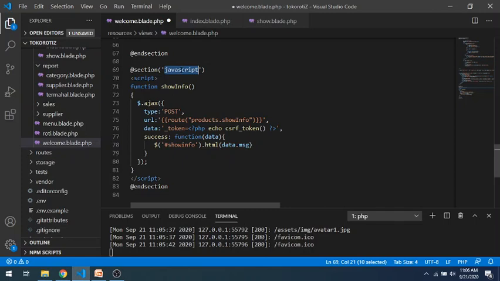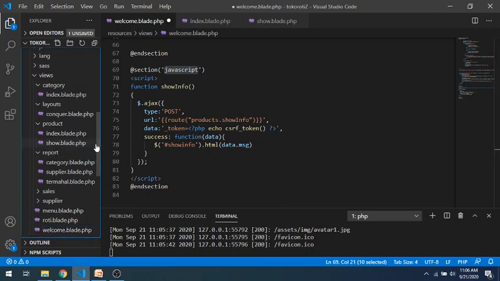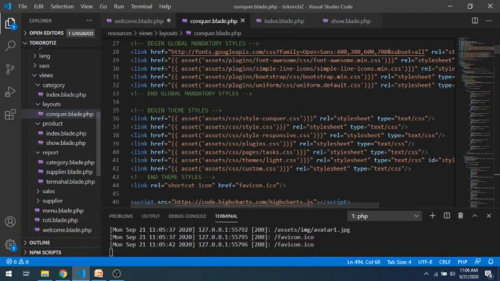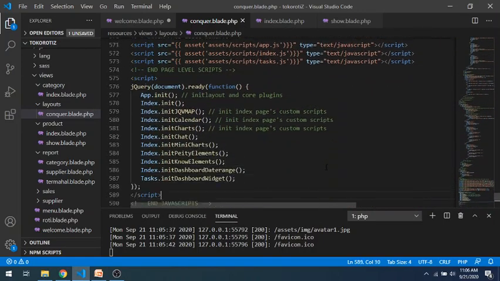So in our layout, we have to create the yield. In our layout, we create the yield because this is JavaScript, so we create the yield in the head.